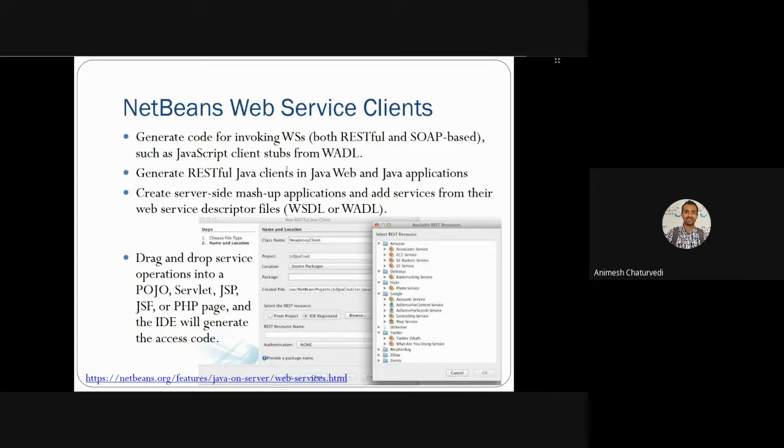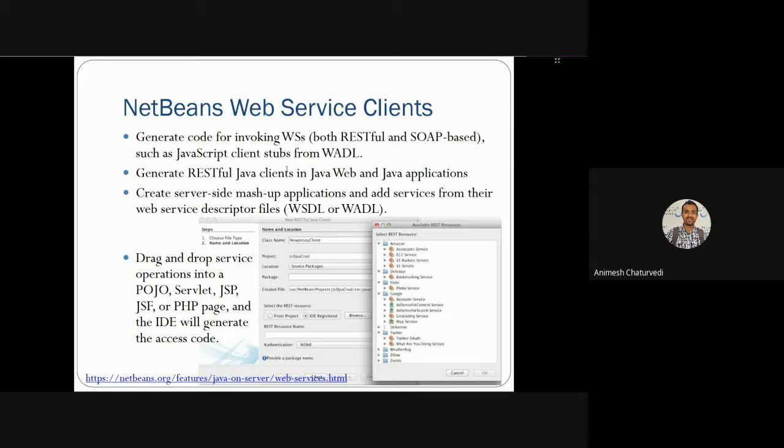You can have a Java web page and Java web application, and a Java desktop based application. So you can create both of the things, and you can have that Java client for that RESTful web service, and some of the parts are created automatically for you based upon reading the type of operation and the input and output parameters in that RESTful web service.